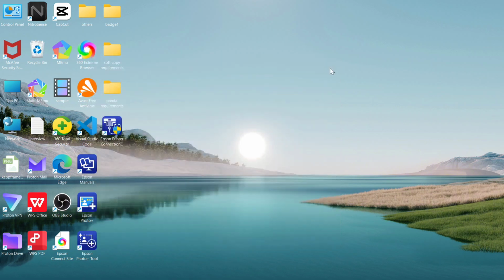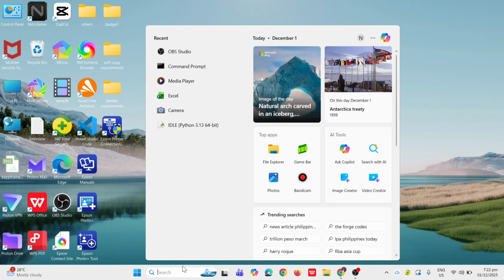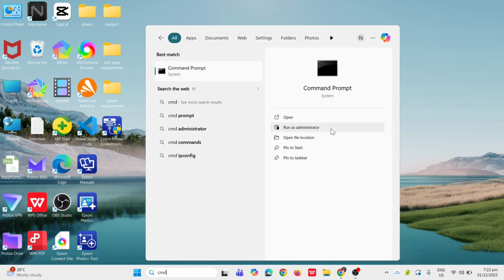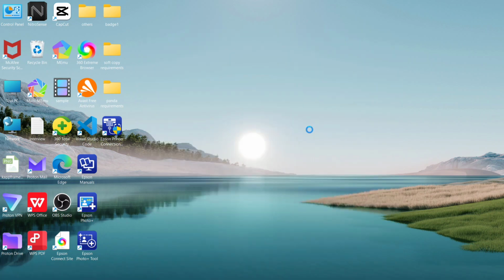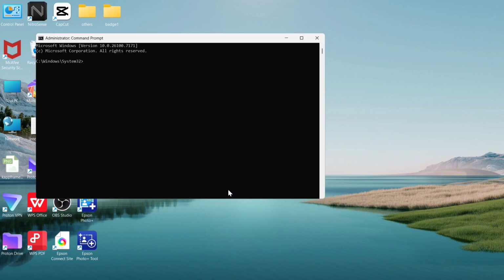Another thing you can do is to fix blank white shortcut icons. So rebuild the icon cache. Go ahead and open CMD on your PC and then click on run as administrator from here and then click on yes on the pop-up. Now in here, go ahead and enter the command taskkill